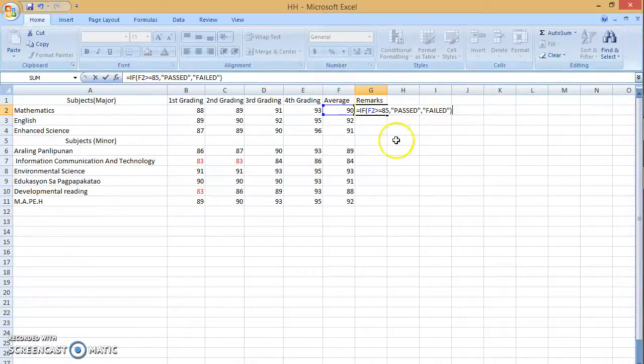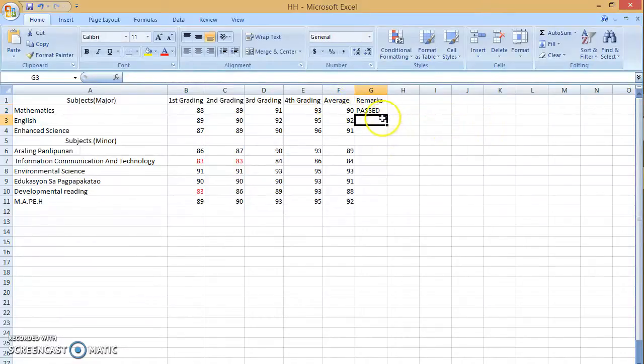And then close. This is the formula for remarks. And press enter, then it will say if it passed or failed. And as you can see, because of the high grades, it passed.